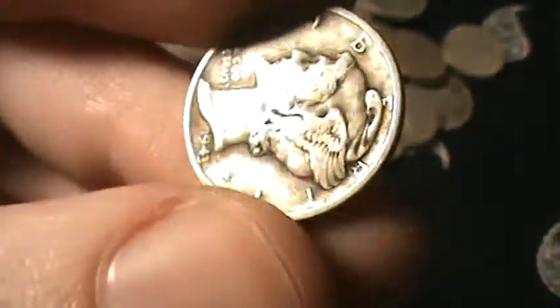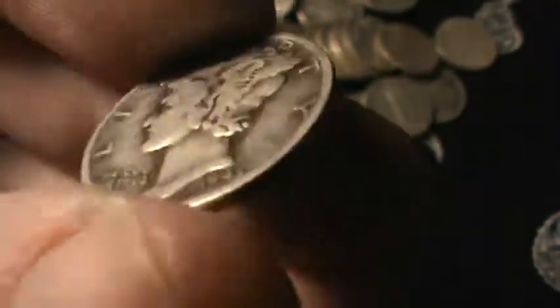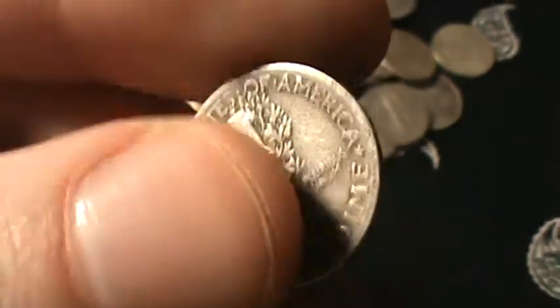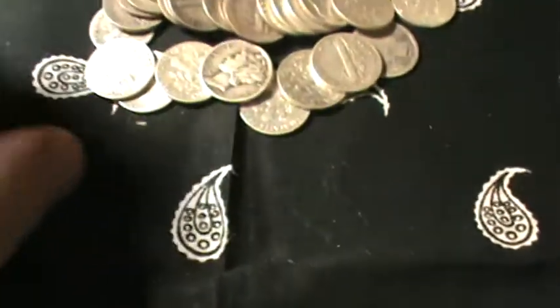They're small. If you talk about a bartering or SHTF situation, there's nothing better to barter with in my mind than having small denominations, ones that are easily recognizable. Mercury dimes or Rosies, or even I got some Barbers here. So,